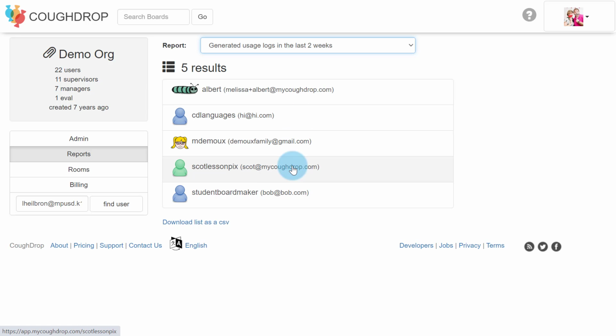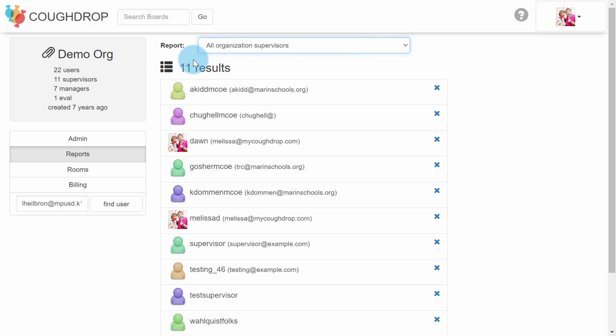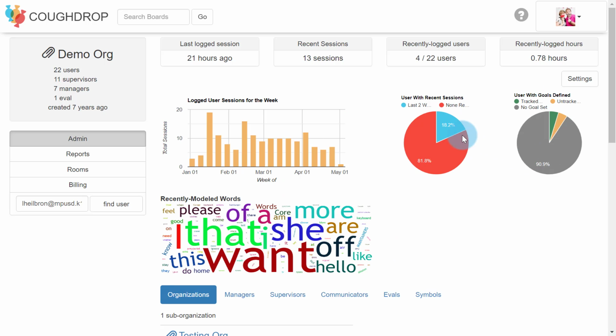So these are the student accounts that have generated usage logs in that last 2-week period. Or maybe we want to look at this report and take a look at who are the specific communicators within all the organization managers or supervisors that are within the group. If we go back to that organization page, we can see some of the other information that's just displayed relating